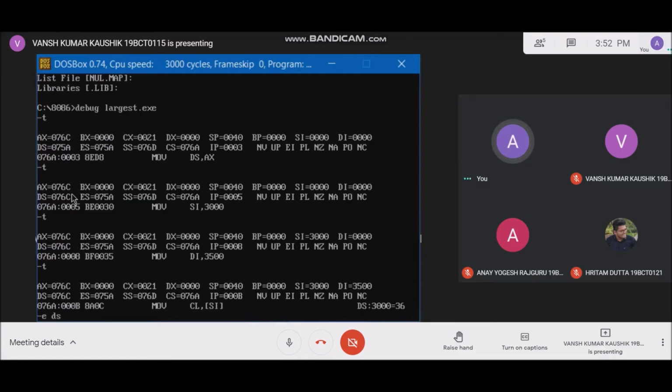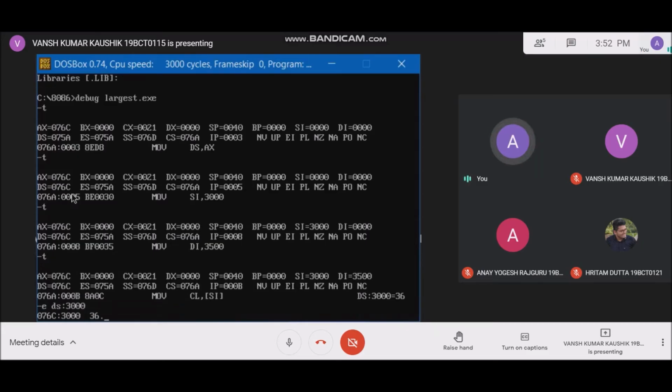to this program. So we use the command -e space ds semicolon 3000, which is the address of the data segment, and we will give our input here. So the current value stored here is 36. We will replace it with the value 4, which is the value of count, the number of elements we will be comparing. The next location is 3001, which will store the first element. So we enter the value 10,